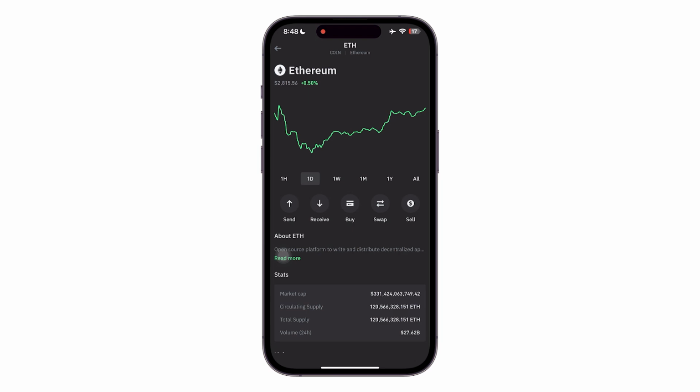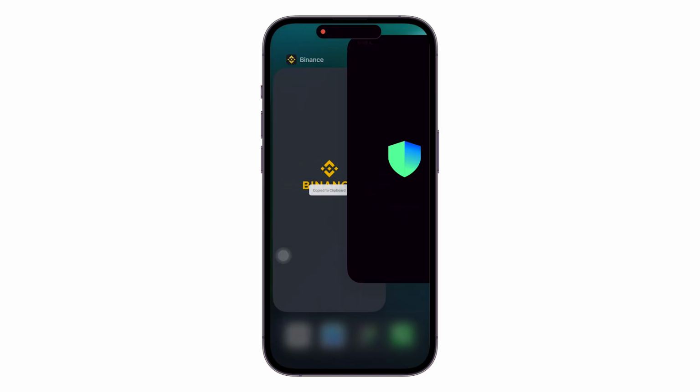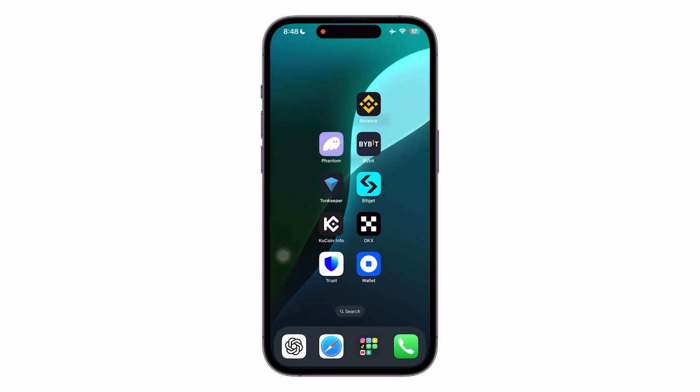How to send Ethereum from MetaMask to Coinbase. So this is really easy. Let me just close this stuff. Now what we are going to be doing here is, first of all, to send Ethereum from MetaMask to Coinbase,